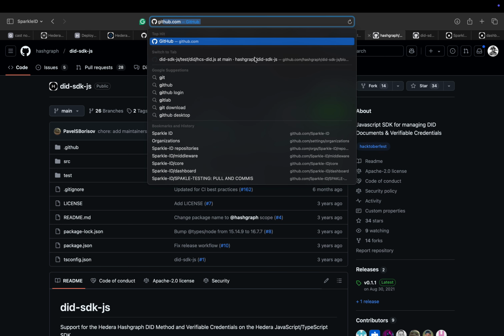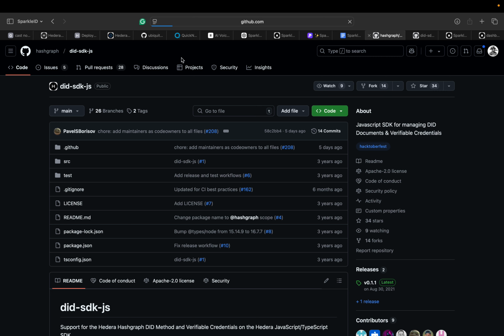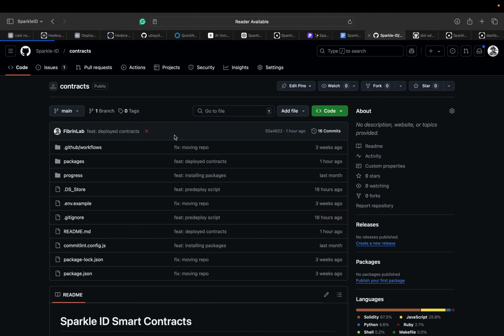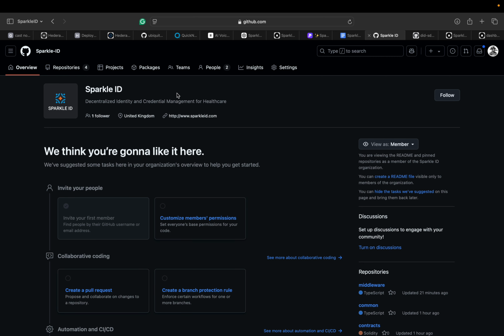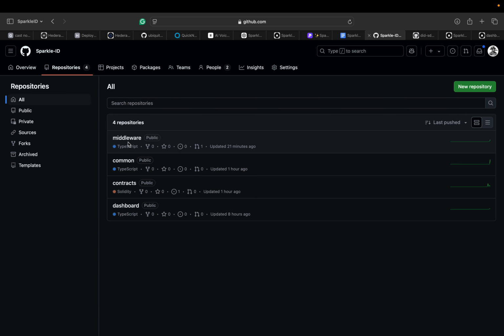for Sparkle ID, it does currently have 4 repositories, and there's a repository that handles the middleware function, because usually the requests from the front end don't just go directly to our smart contract. It has to be routed to a middleware function that also integrates some packages from Hedera, the DID package and the SDK package. So the middleware handles everything like authentication, and also has an event bus, and it runs